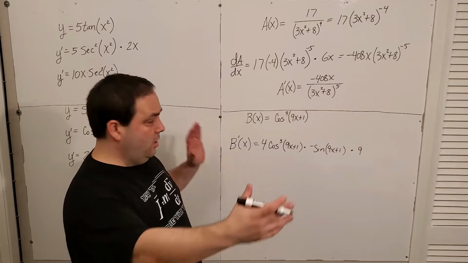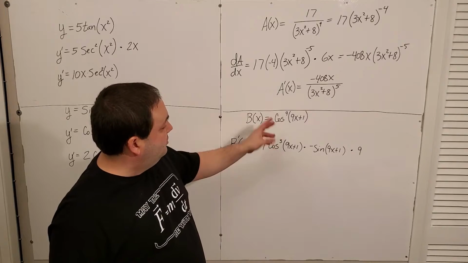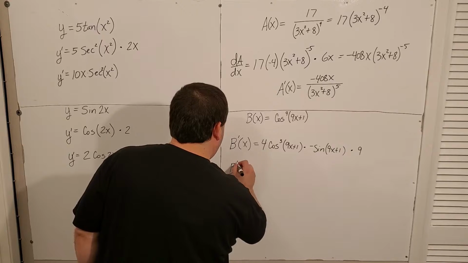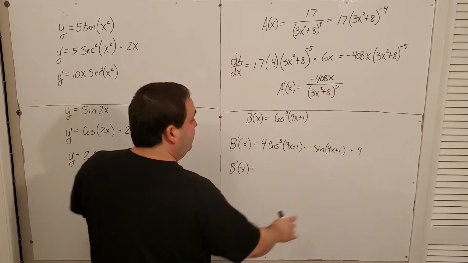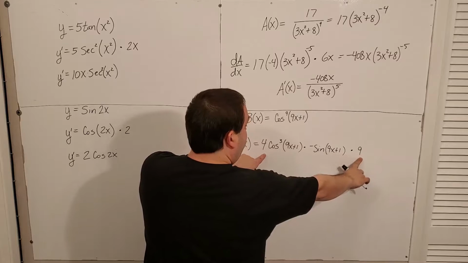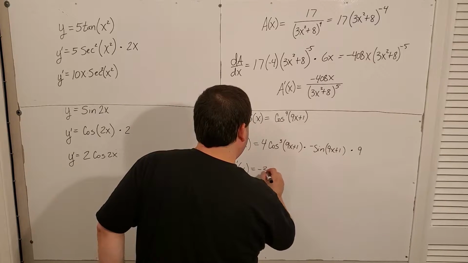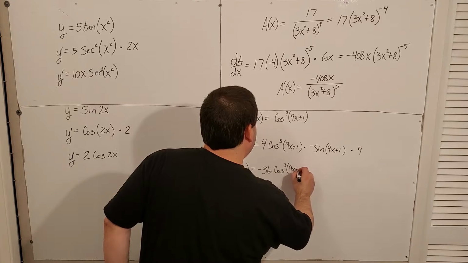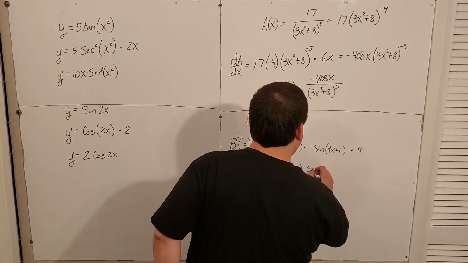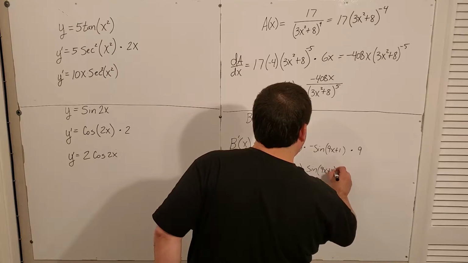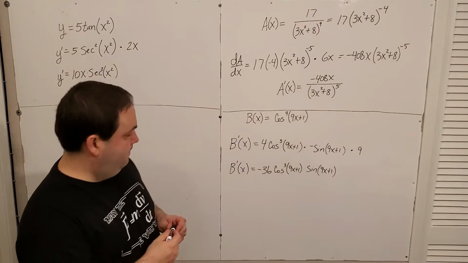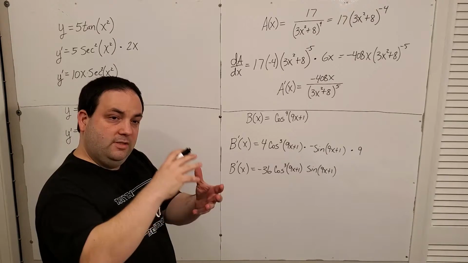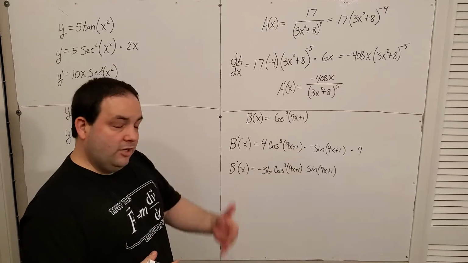Okay? From here, I'll want to consolidate everything I can, sort of just getting all the outside pieces together. I'll say b prime is equal to negative 4 times 9 is 36. And then I've got cosine cubed of 9x plus 1 times sine of 9x plus 1. Like so. Okay? The more you practice noticing the compositions, the nested functions, and then making sure that every time